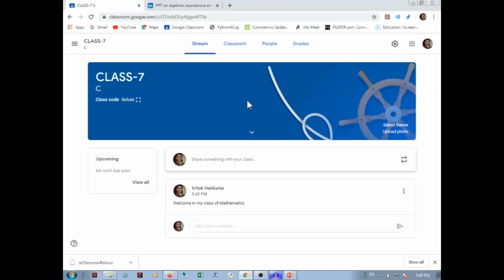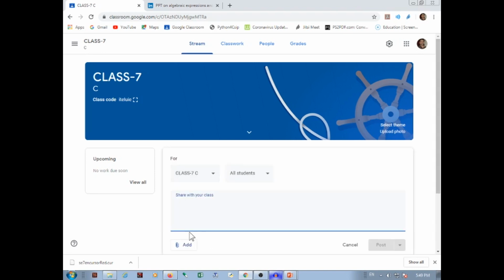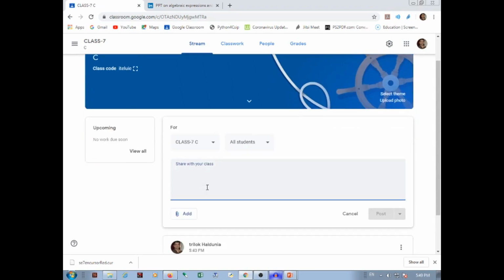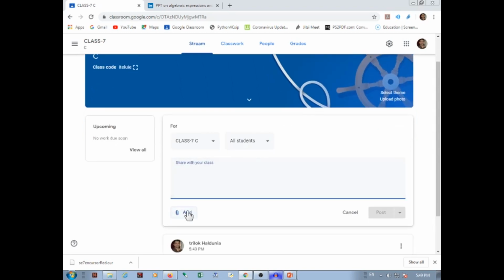So now again we come to the stream tab, and we want to say something, and we want to try some other tools given here. So all this we have already discussed. Now we will be focusing on this add button. Add button is given here. So click on this add button, you will get 4 options. So first of all, whenever you are starting the class, first of all you try with the video, so that students get proper involvement in your class and get some interest in your class.